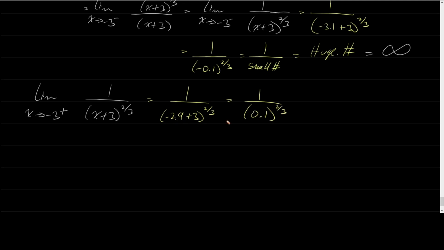-2.9 plus 3 is 0.1. But again, this gives me the same value of 1 over a small number, right? And 1 divided by a small number, again, is huge. It's a huge number. So this also gives me infinity. So both of these gave me infinity, so that gives me that the limit as x approaches -3 from the right of our function of this stuff,